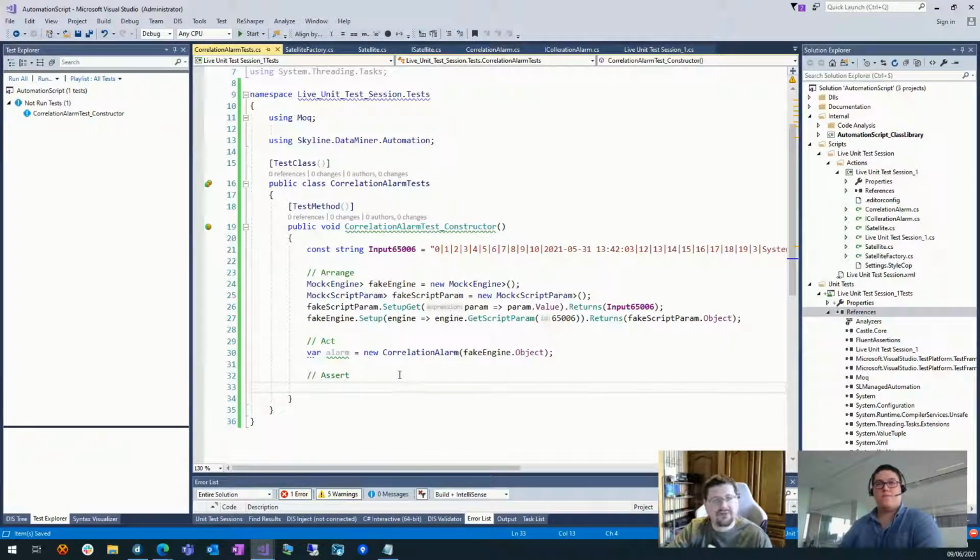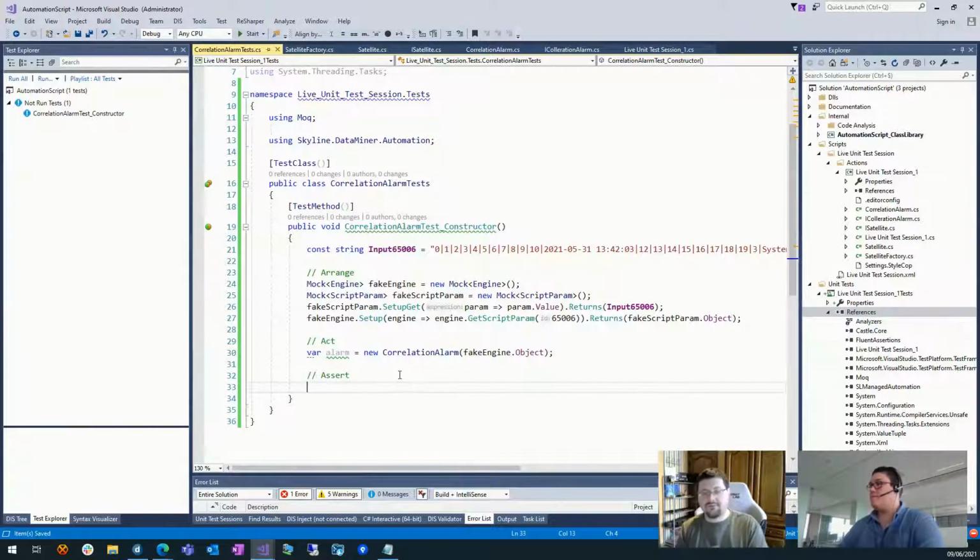I prefer writing multiple asserts if they have to do with making sure that my correlation alarm, in this case, is correct. In that case, that's where that FluentAssertions one comes in, because with that one, you'll get nice messages automatically without having to actually write your own message. Now, we're going to show an example here, but to do that, we first need to get the properties, or get how we would assert that our correlation alarm is correct.